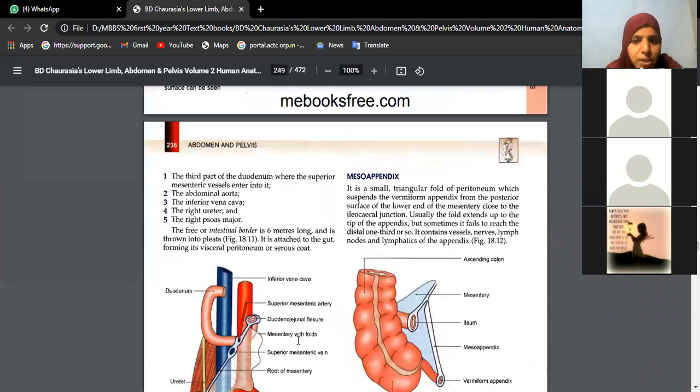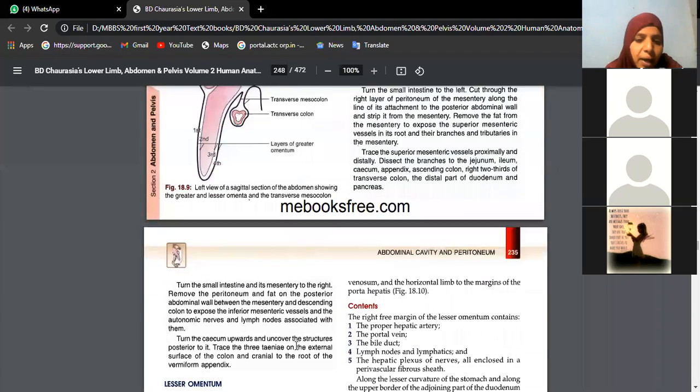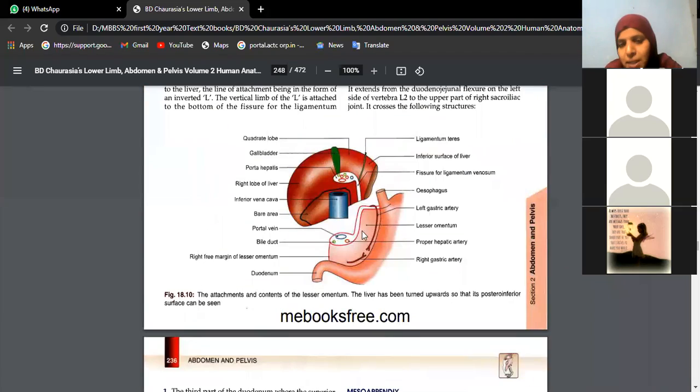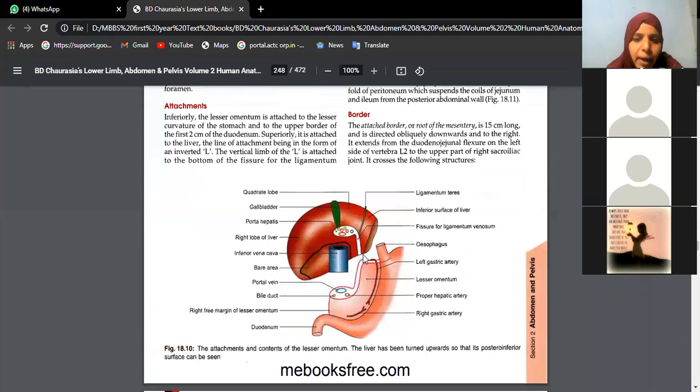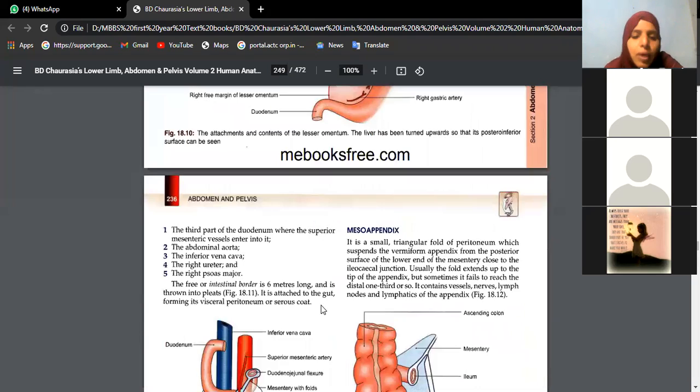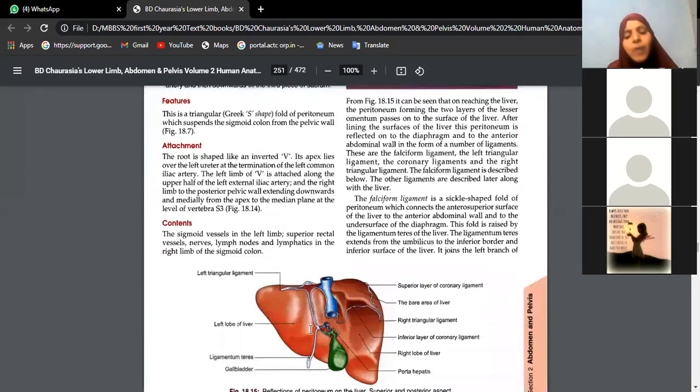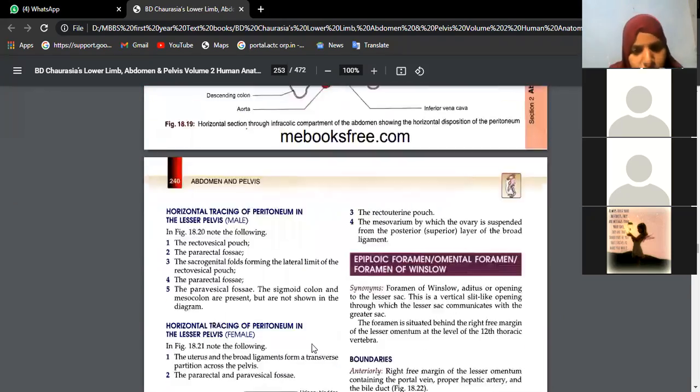Okay, beta. So these are the things which you have to talk about. This is the lesser omentum picture which we have seen in our previous class. I told you left gastric artery, right gastric artery, gastric vessels and nerves, isn't it? Then in the porta hepatis area, we have three structures: portal vein, bile duct and hepatic artery proper. And the right free margin will show an opening which is called epiploic foramen, foramen of Winslow, which marks the communication of greater sac and lesser sac. I hope this is clear.